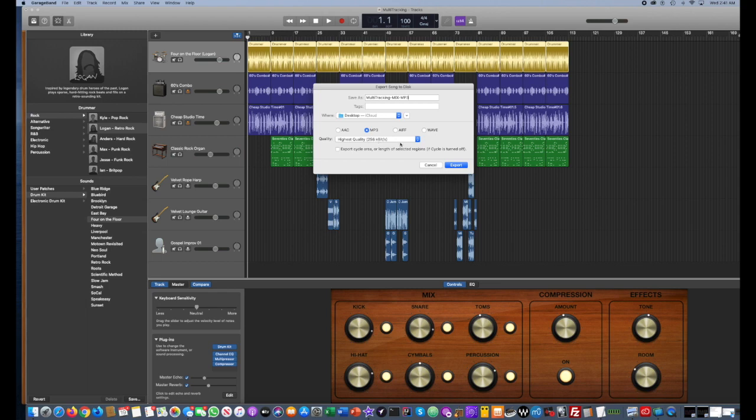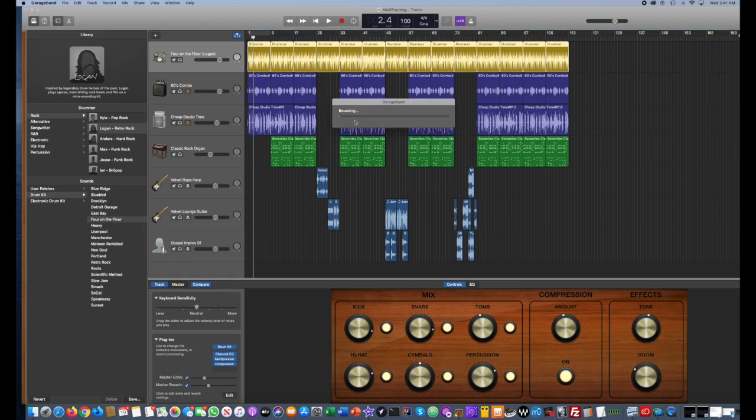Later, when you go into making bigger and more involved tracks, you'll use AIFF and WAV because these are giant files and they just have a lot more depth and sound quality to them. But for now, our MP3s that we're passing around and having people throw a guitar track on or a vocal track on, this works great and they don't take up too much space on your computer. So we know it's going to the desktop. We're going to hit export,